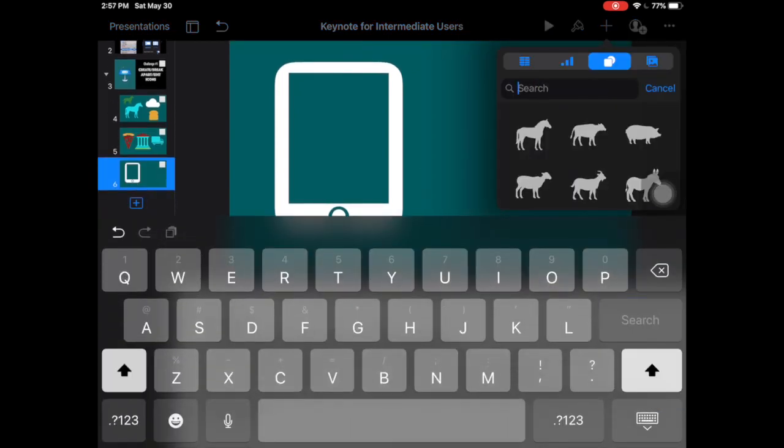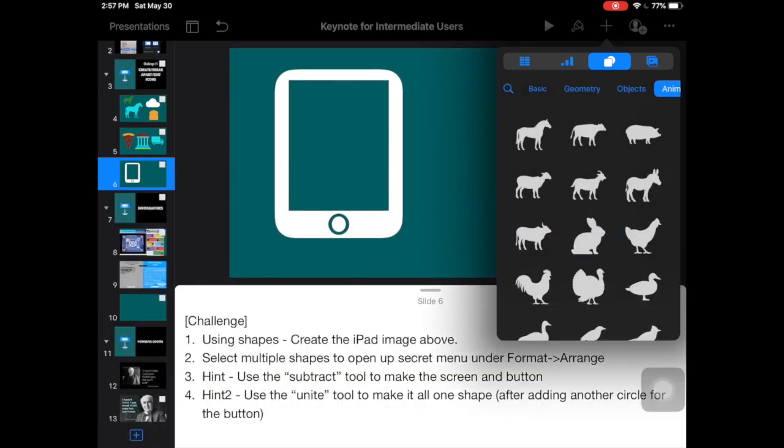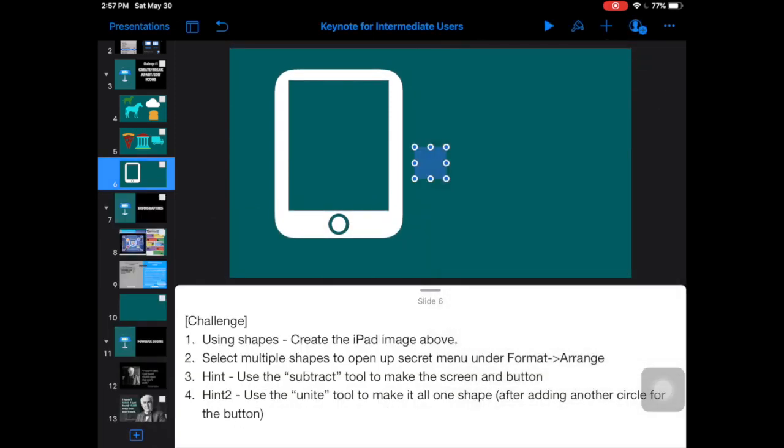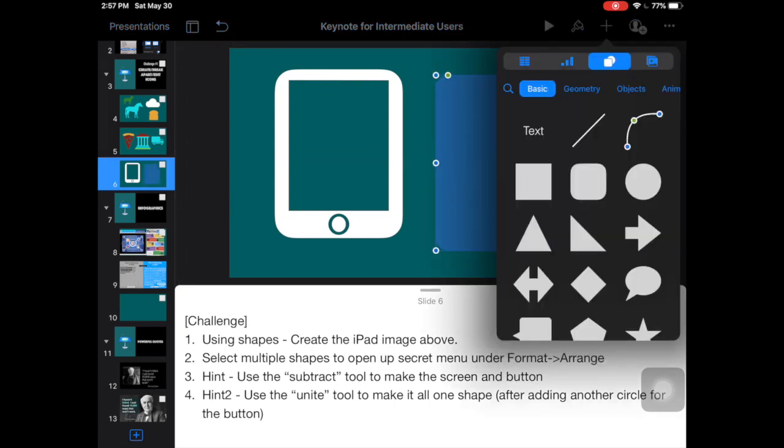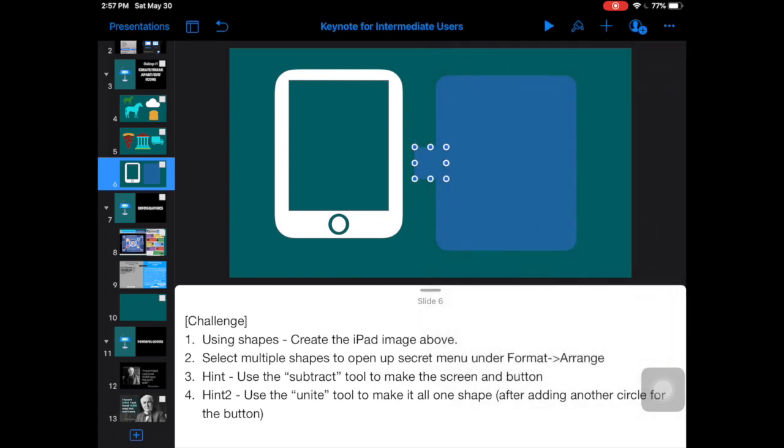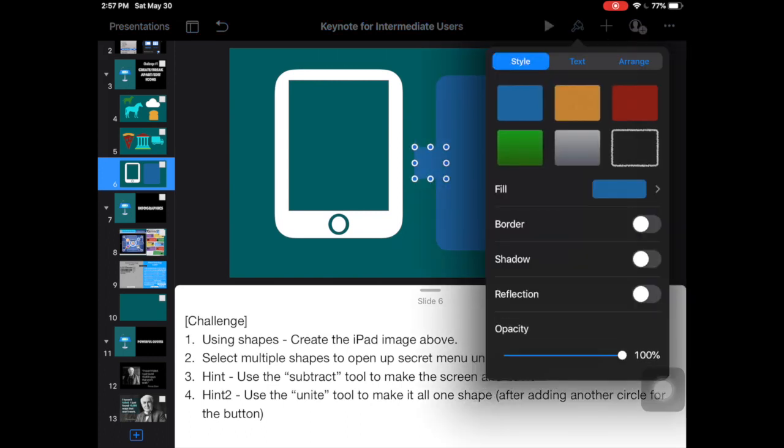So what I'm going to do is search, actually I'm just going to go back to my basic shapes here, and find that rounded rectangle. Just right next to it I'm going to expand this out. It doesn't have to be perfect, I just want it to look similar to that rounded rectangle shape. Now I'm going to take a square, which of course is the window on the inside of this,